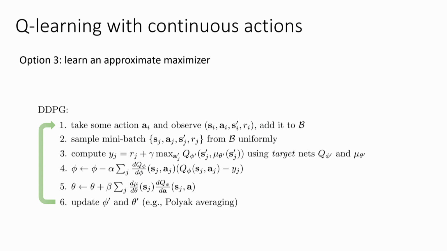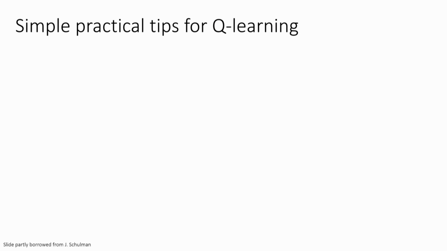Yes? Is this essentially the same as having a mini gradient update inside for the action? Right. So the question was, isn't this kind of the same as that thing that I told you not to do, which is to do a little bit of gradient descent on the actions? It is essentially the same. You can think of it as gradient descent on the actions, only amortized over all the transitions, and the amortization is performed via a neural net. So instead of explicitly keeping track of the optimal action for every transition, all you're keeping track of is the parameters of that neural net, which is sort of amortizing the cost of doing that optimization. Okay. All right. So that's Q-learning with continuous actions.